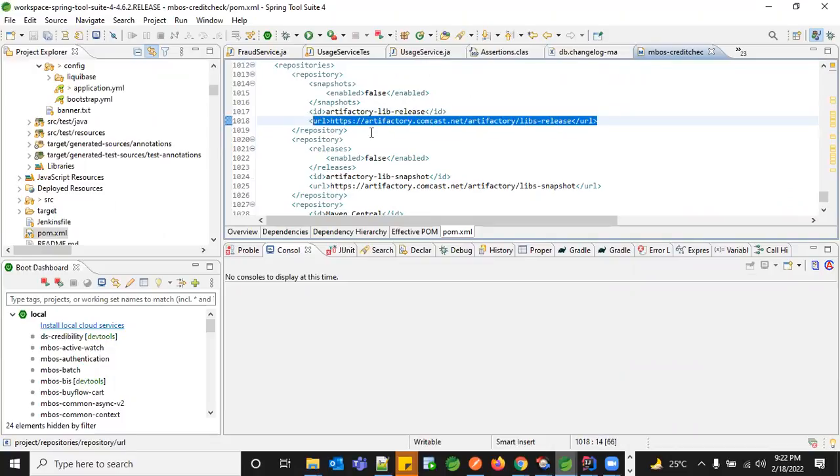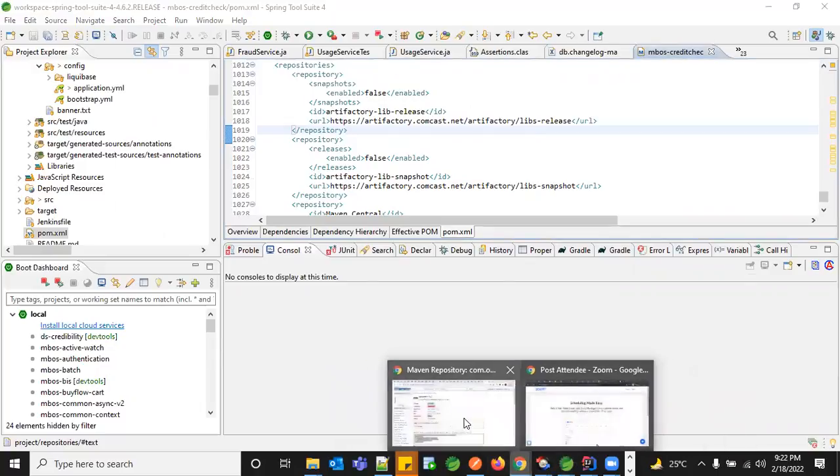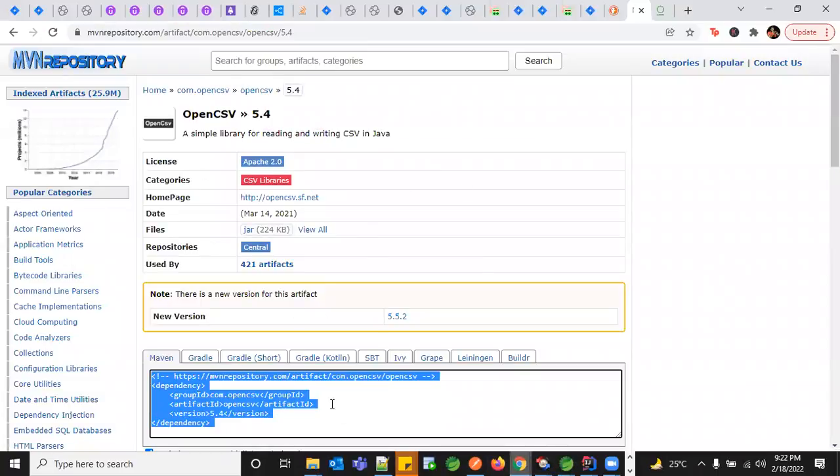Why we have a restriction here is that most of the open source dependencies might be vulnerable. So what they do internally in each organization is check the relevant stable version, which does not have a high CVE ratio. Based on that, they download it and keep it in their local repositories. And whoever has to use it within the organization has to download from that particular one, and the version which is available in that organization.